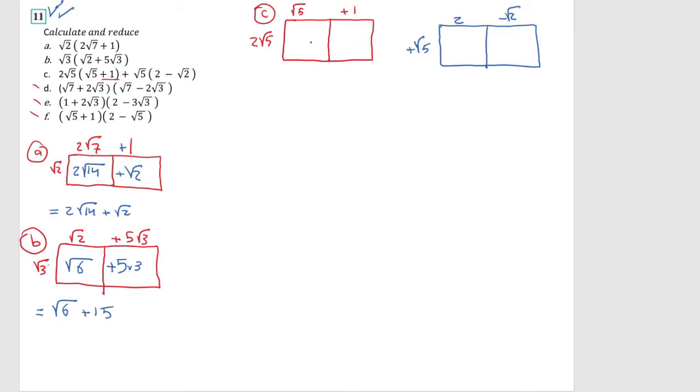Now what do I do last? I add this answer and this answer and this answer and this answer, add all together. So 2 radical 5 times 5 is 2 times radical 5 times radical 5, which is 5. 2 radical 5 times 1 is 2 radical 5. Radical 5 times 2 is also 2 radical 5. Okay. Radical 5 times negative radical 2 is negative radical 10. These are easy, maybe not for me, but surely for you, since there's nothing in them, just calculate. Now I add 2 times 5, 10, plus 2 radical 5